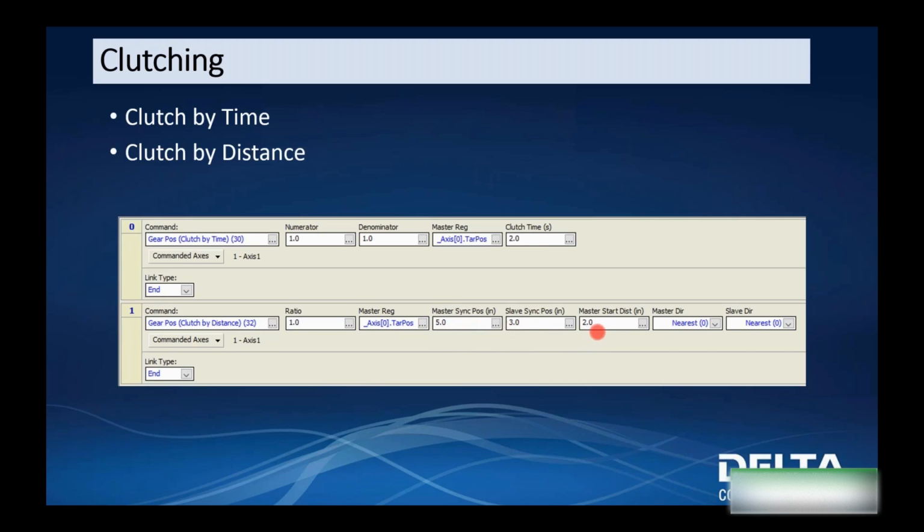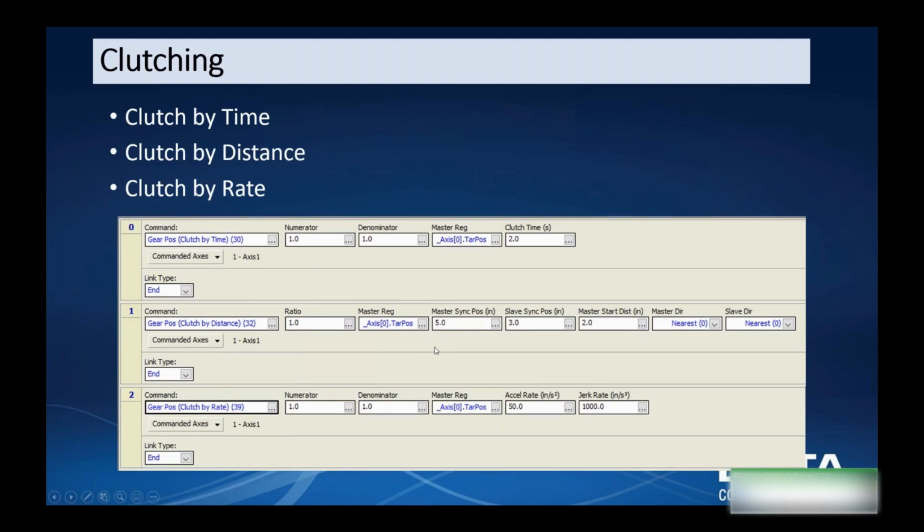And the master start distance is how much before the master sync position should the slave start to gear. So in this case, when the master is at 5 minus 2, right, when it's at a position of 3,